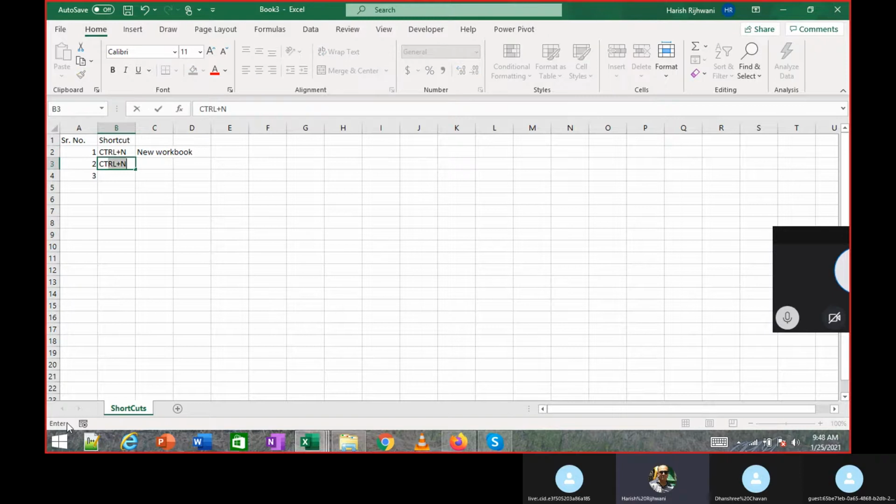Then we looked at Control plus right arrow, left arrow, down arrow, and up.